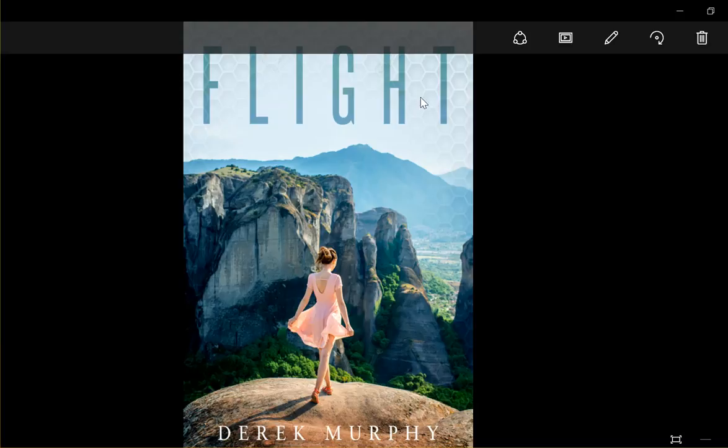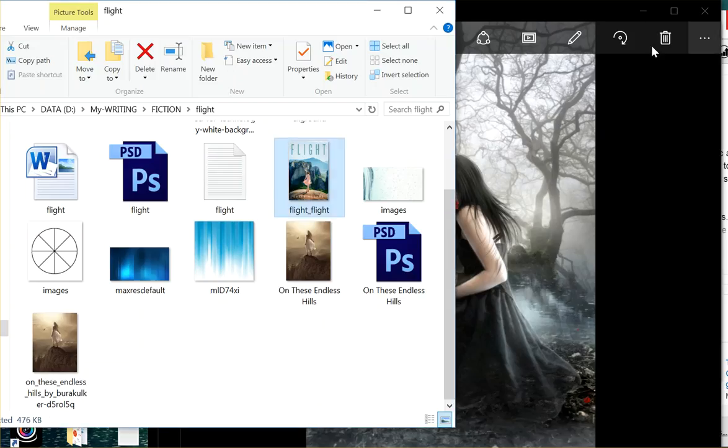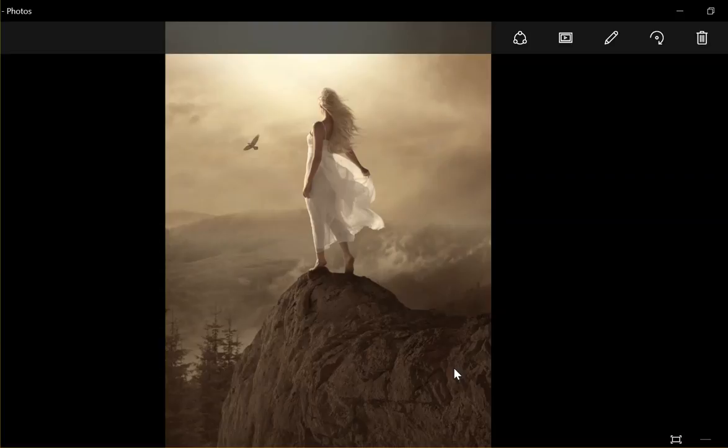So I started writing this post-apocalyptic dystopian fiction about this picture. And it's a good picture, and the story's pretty good. It's coming along well. I think it'll be a successful book. But recently I found another picture that's better. And this was art by someone I found on DeviantArt, who is a Turkish artist, so I have to pay him with Western Union because they don't have PayPal. But so now I'll just use this piece of art